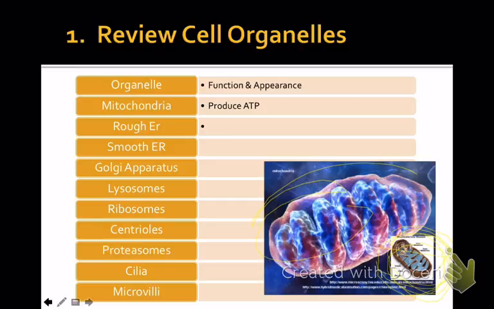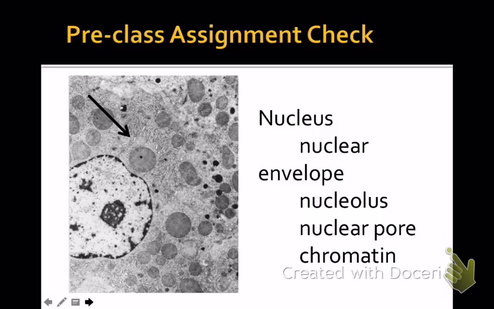So there are lots of ways that these things can be imaged. This particular one is actually an electron micrograph that I took myself when I took a course in electron microscopy. And it says pre-class assignment check, but that's only for the long term when we actually have time to do that. So what you see here is the nucleus